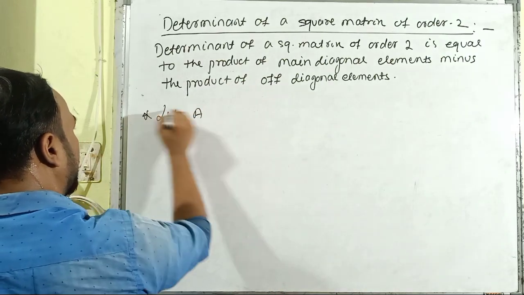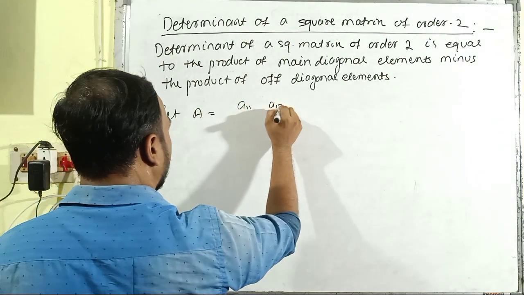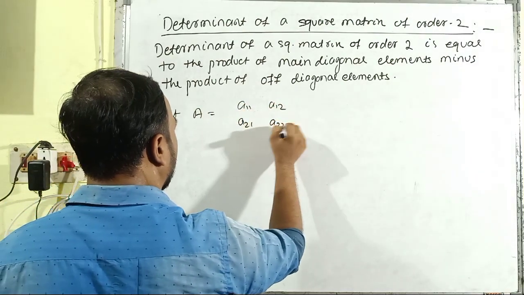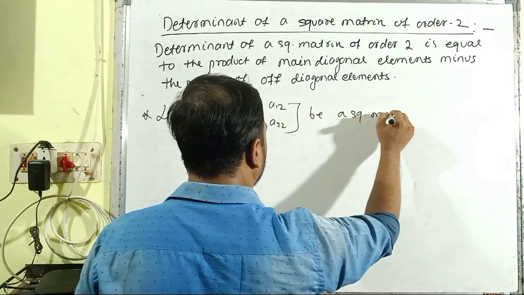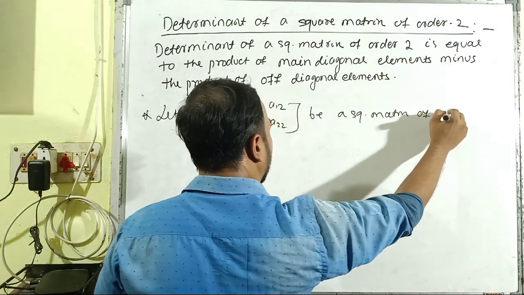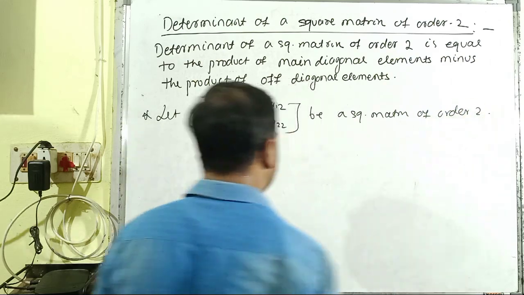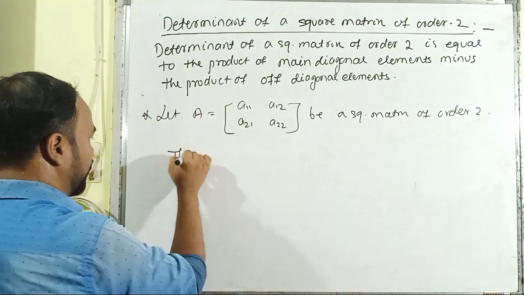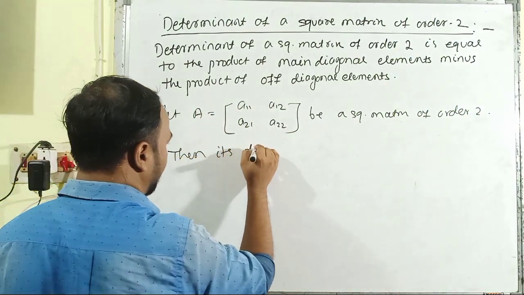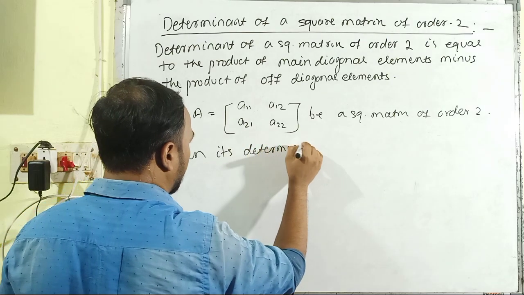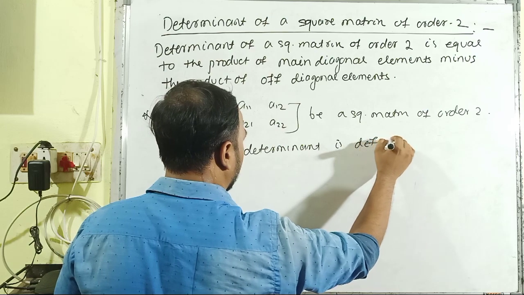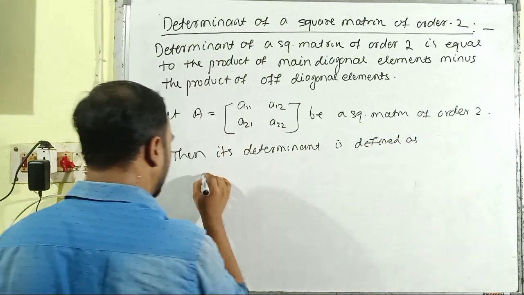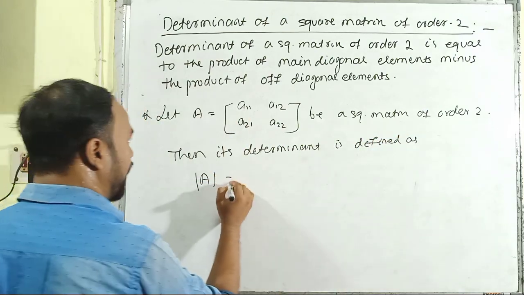Let A equal A11, A12, A21, A22 be a square matrix of order 2. Then its determinant is defined as determinant of A, and it is